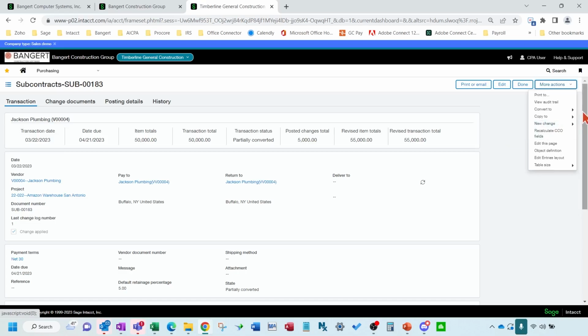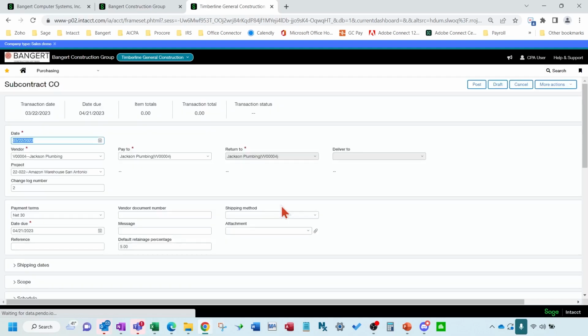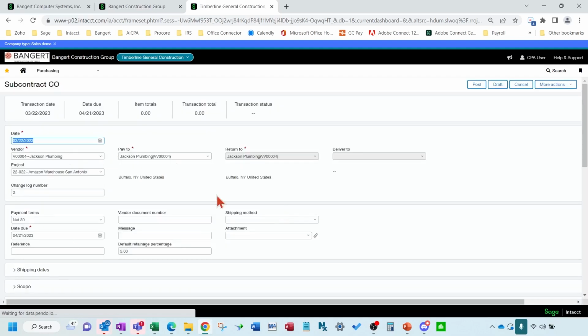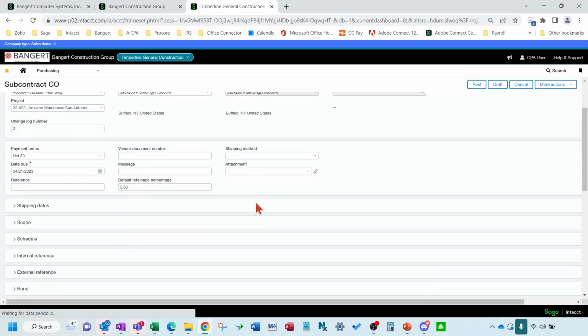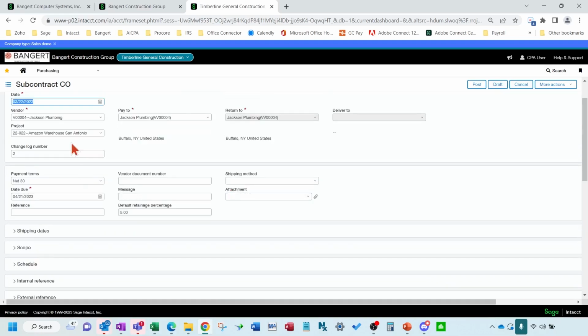So you can also see I could convert it to subcontract invoices right here too. I could make copies, but I want to come in here and pick subcontract change order. Now you can see it's pre-filled a bunch of things for me.